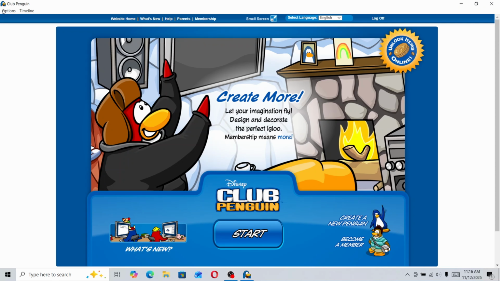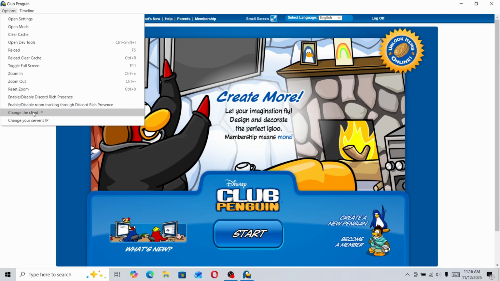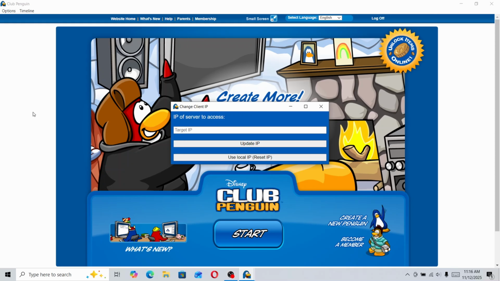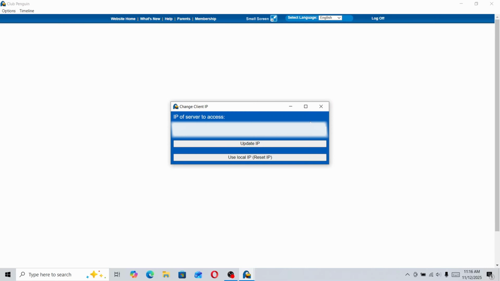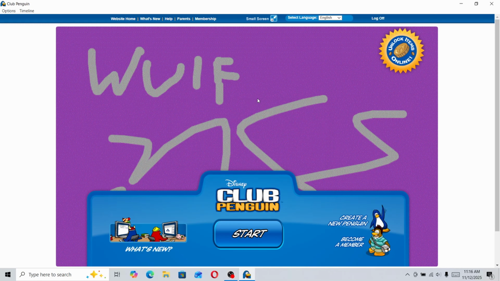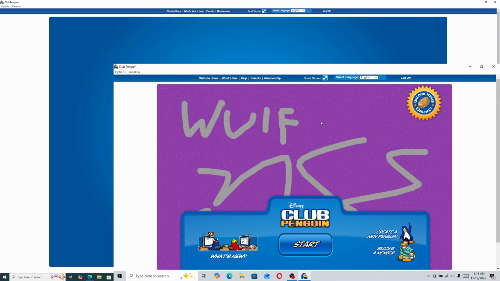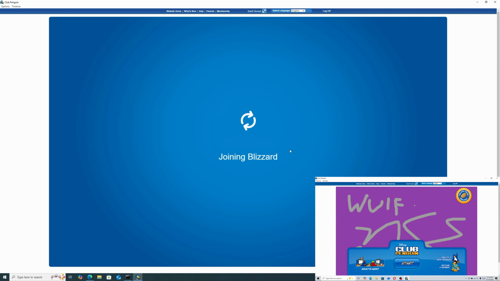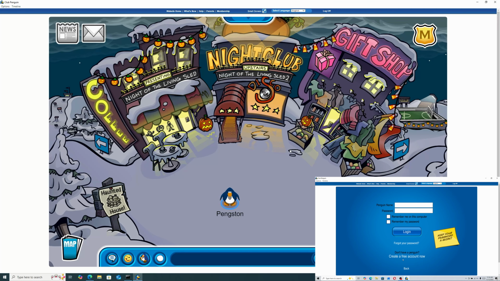And on this computer, you're going to go to change the client IP. And once again, you're going to type in the IP address that you had set for your hosting computer. And then click Update IP. And it is reset. And as you can see, we have the custom background on the other computer now as well. So I'm going to choose Blizzard as the server on the host computer, jump back to the client computer